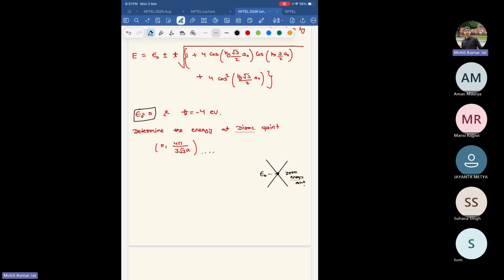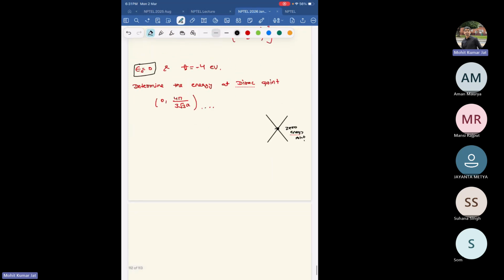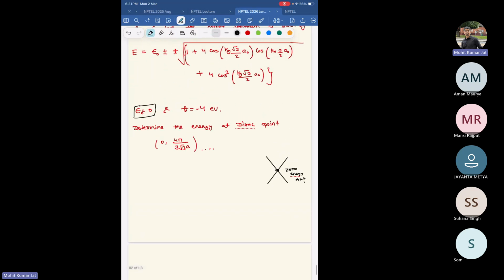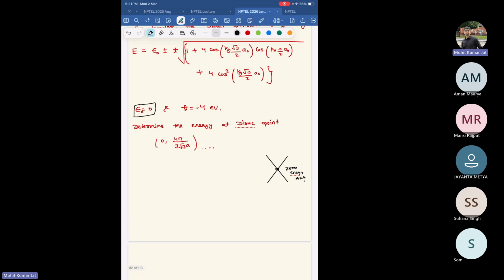This is epsilon naught, and we always take, since it is a scalar quantity, we can move the reference scale, because whatever energy we measure is relative to something. We take this E naught to be 0 for simplicity, and that's what we have done in this equation also. If we do so, let's replace the kx and the ky in the equation and we will get the answer. So E is equal to, this is the solution now,